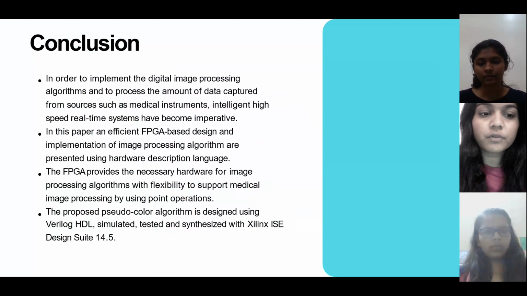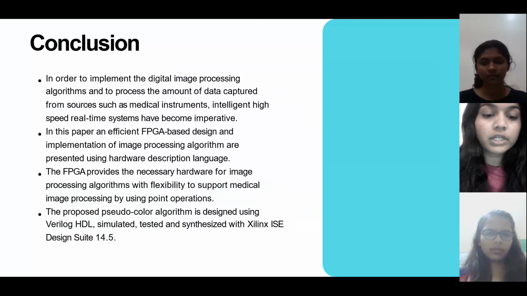of data captured from sources such as medical instruments, intelligent high-speed real-time systems have become imperative. In this paper, an efficient FPGA-based design and implementation of image processing algorithms are presented using hardware description language. The FPGA provides the necessary hardware for image processing algorithms with flexibility to support medical image processing by using point operations. The proposed pseudo-color algorithm is designed using Verilog HDL, simulated, tested, and synthesized with Xilinx ISE Design Suite